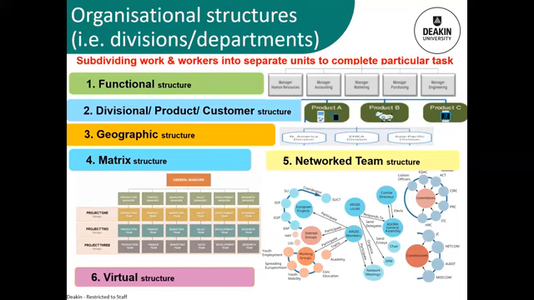Then we've got at number 4, the matrix departmentalization or the matrix structure. So this is where you've got an organisation that has maybe 2 or more versions of departmentalization, and that's what you'd call a matrix. And that's what we've got at Deakin. So we've got the functional experts, those accounting managers and marketing managers who are mostly in head office. And that's a common thing in big organisations. But at Deakin, we've also got the departments, or in this case, the faculties, and they're the operating groups, and they're quite expert in their own area.